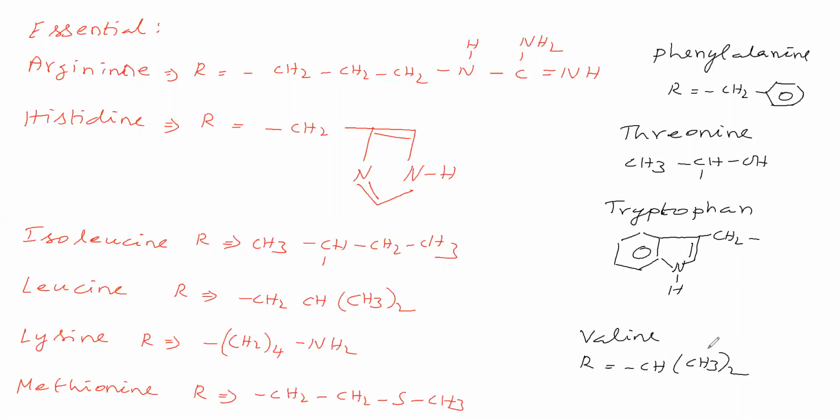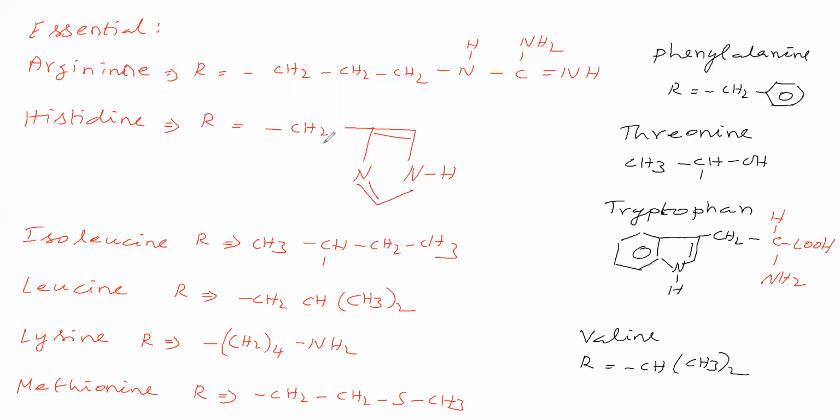Now we will take tryptophan. We have given its R group. The remaining group is CH, NH2, COOH. Now see, it is an alpha amino acid. Here one amino group is primary, another amino group is secondary in tryptophan.